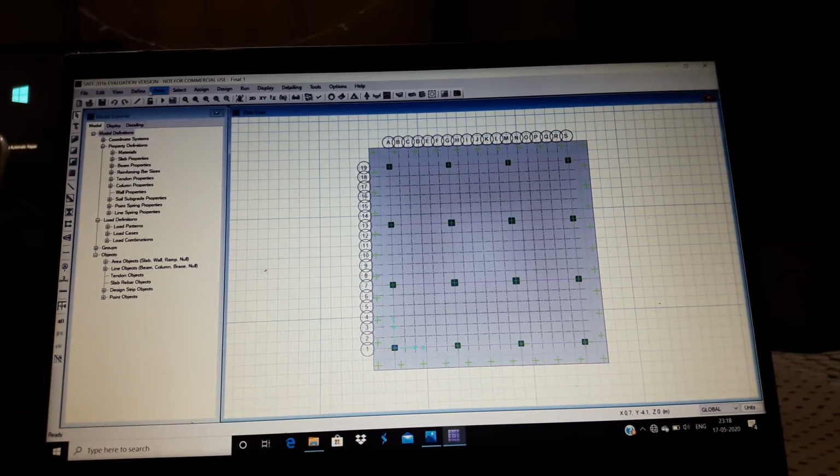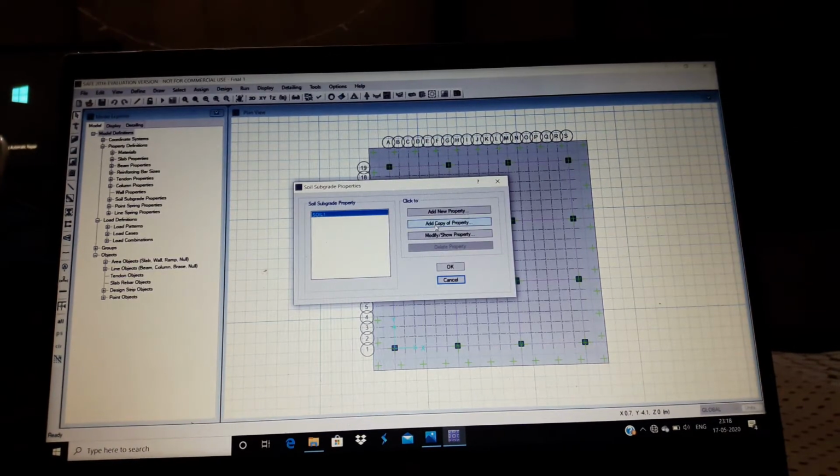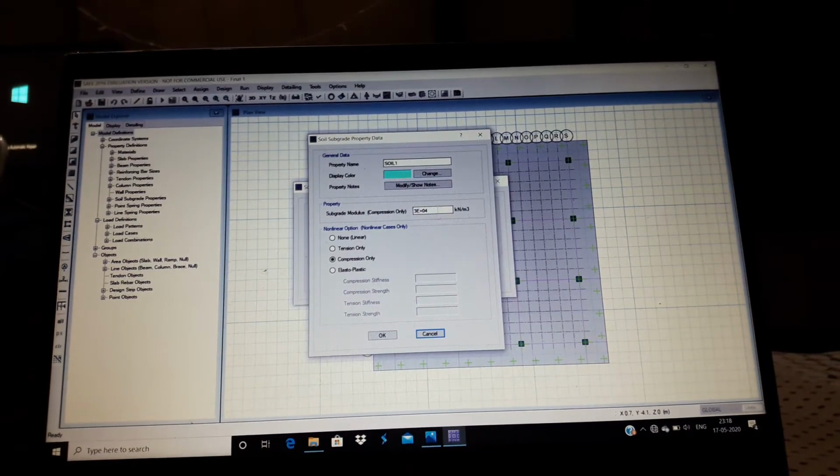Now we need to define soil subgrade properties. As you can see, soil 1, we need to modify it. Here, as we have found out earlier, the subgrade modulus is 3 into 10 to the power 4.